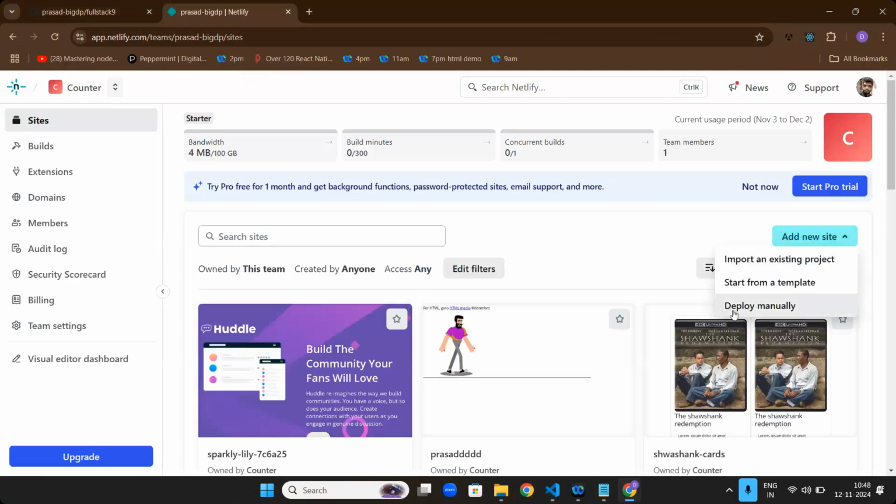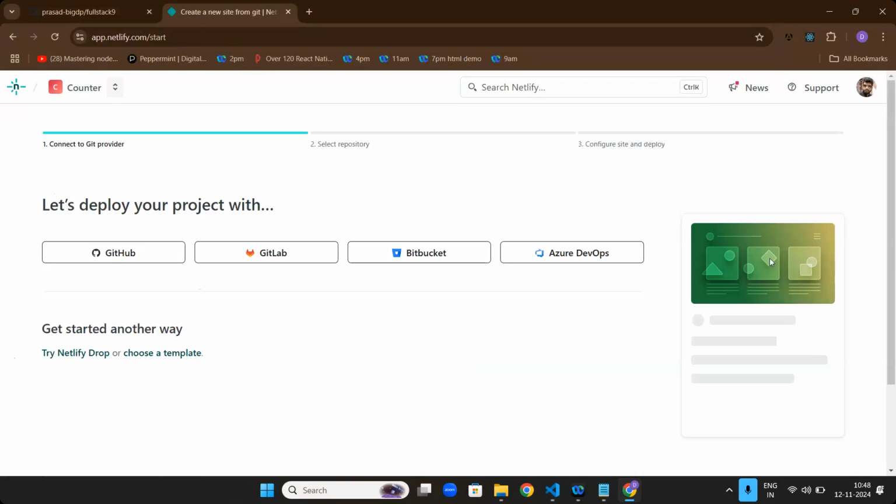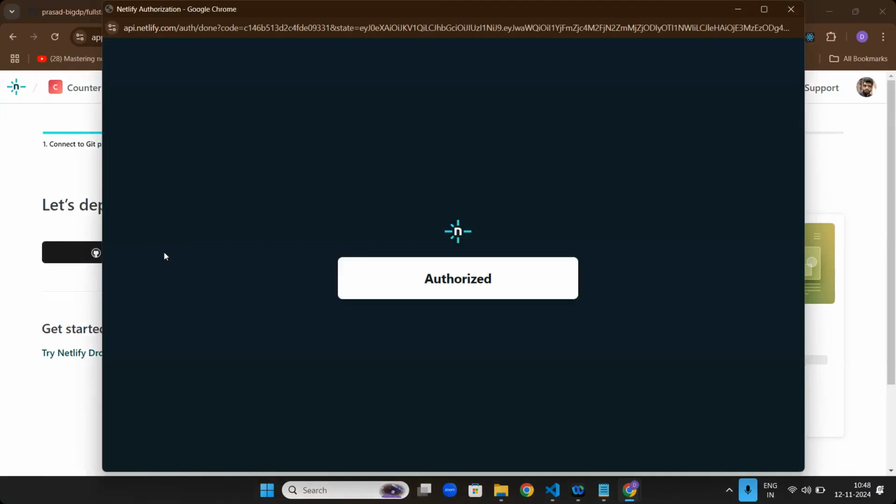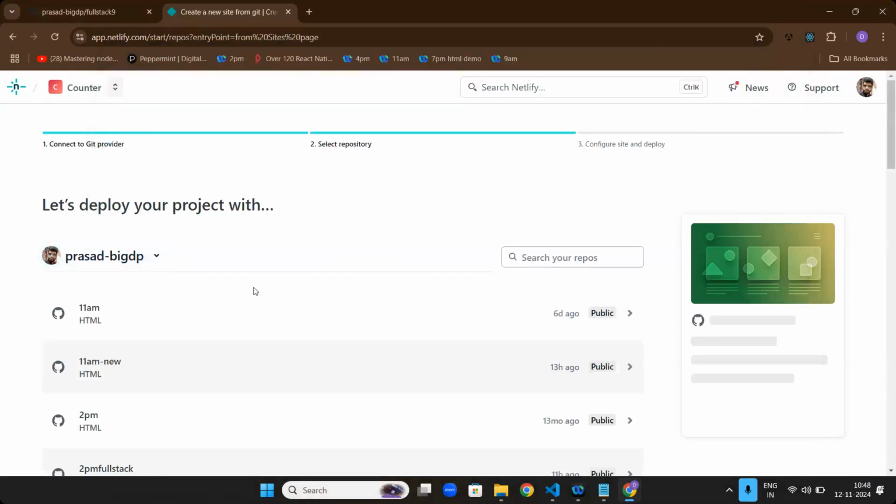Earlier for add new site we used deploy manually, but instead choose import from existing project, and then click GitHub. Then it will show you many repositories. Select the one that has your project. Automatically whatever is in it will come here and you can click on it. It will deploy the website.